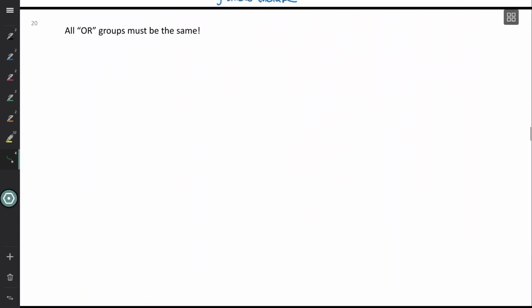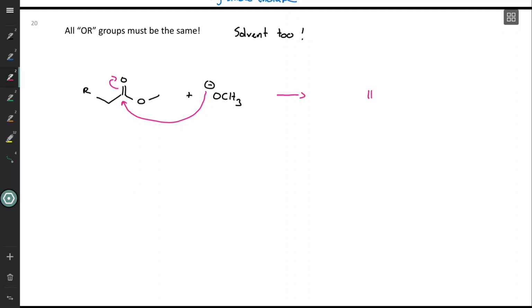There's another weird thing about the Claisen reaction that you have to remember: all of the OR groups have to be the same, ideally the solvent too. Why? Because as you might have thought when you saw this example, I'm going to add this base. Well, we've seen that reaction before, except like this, where instead of deprotonating, the base is the nucleophile and attacks the ester directly. And that is going to happen during a Claisen reaction. You will make